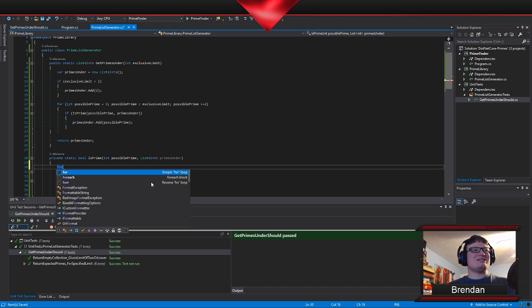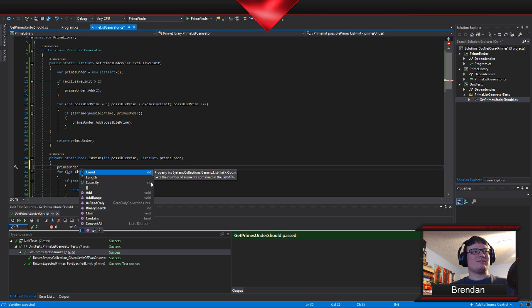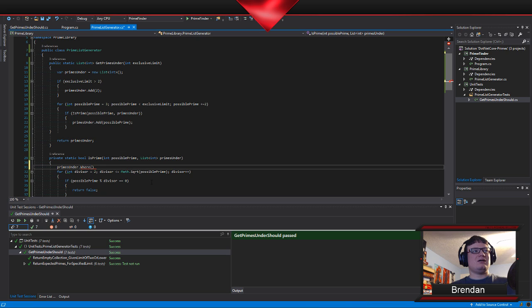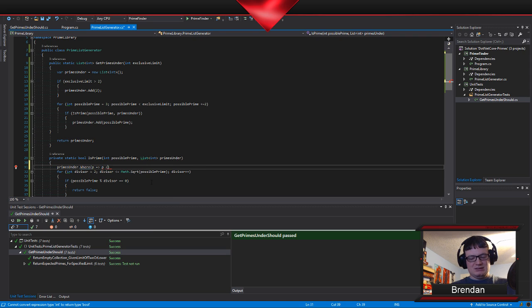So now I can say, I'm going to say primes where prime is less than or equal to the square root of possible prime. So this will get me the primes to check.